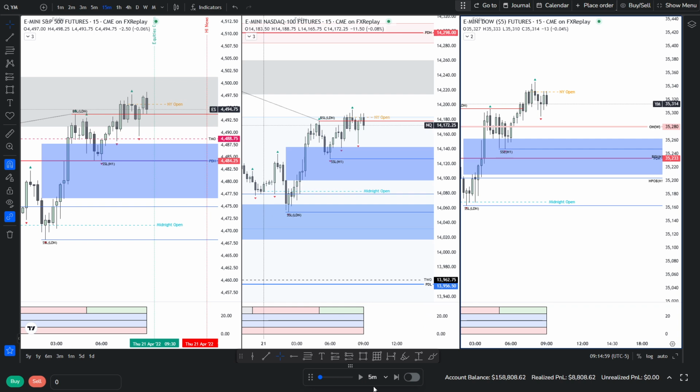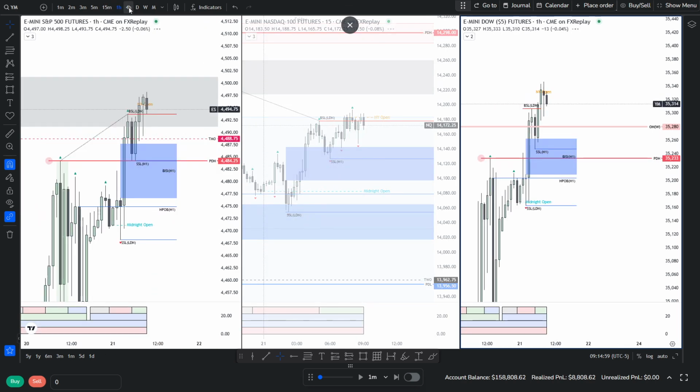Okay, so we're going to stop there. Drop down to the 1 minute now. And we're going to see what equities open. So as you can see, symmetrical price action here. If we just venture out to